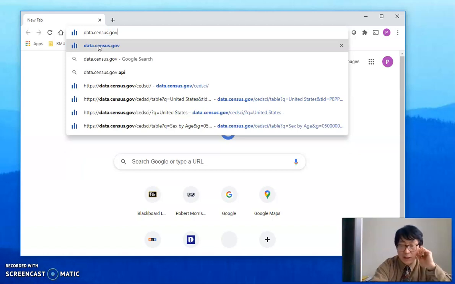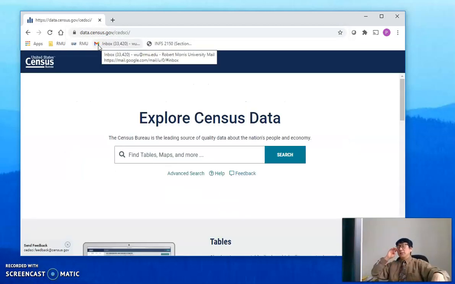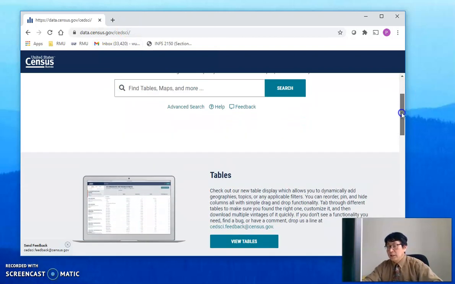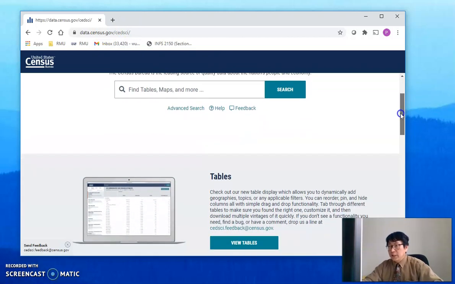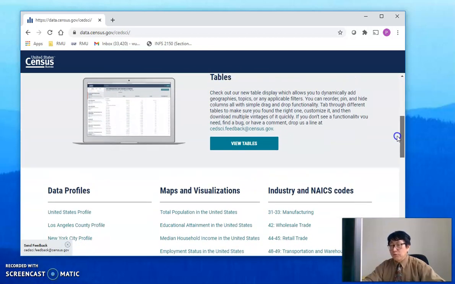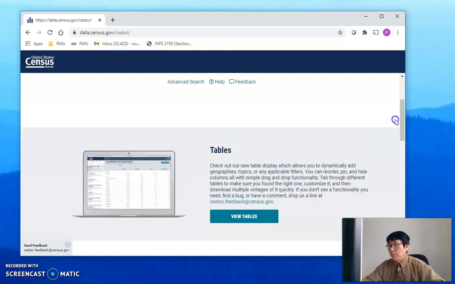data.census.gov, a centralized data website. So you can look around here. It's mainly for data. Instead of going too far away, I will leave it for you to poke around. But what we want are data tables. So we look at tables,